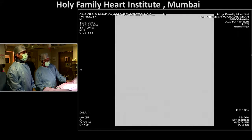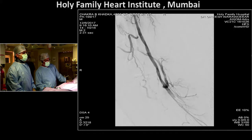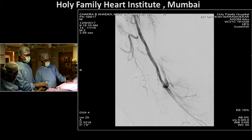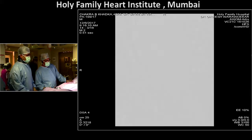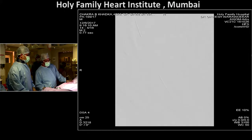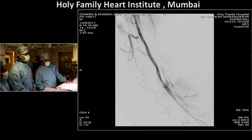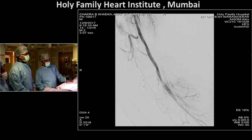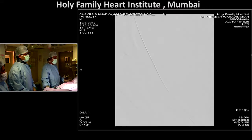Yes, Girish. Any comments from the audience? There is a possibility. He already used nitroglycerin. I'm just giving it now. Good suggestion. So whenever you feel there is a distal spasm that is happening during the procedure, nitroglycerin...